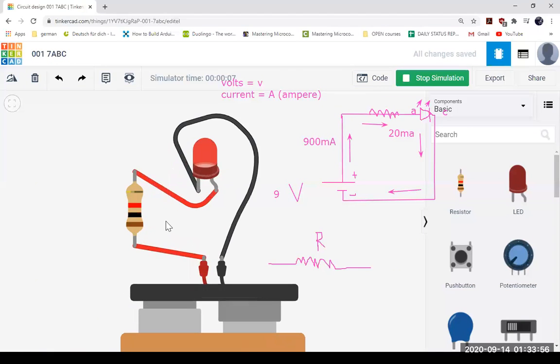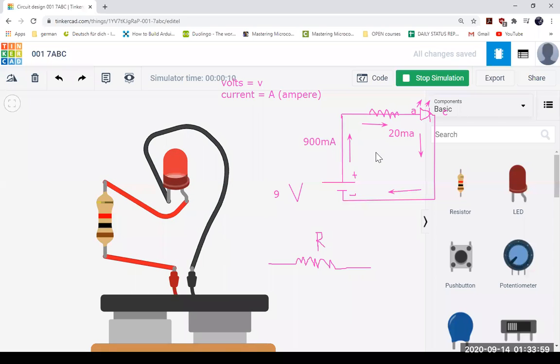So now this is how it goes. 900 milliampere is now turned into 20 milliampere, or it will be less than 20 milliampere, because 20 milliampere is the maximum current it can take. What happens if it goes higher than that? It will blow. And this happens in real life also. If you have an LED and a 9 volt battery, try it, it will be spoiled. It won't burst, there won't be any big explosion, right? It just makes a sound and it will be gone.